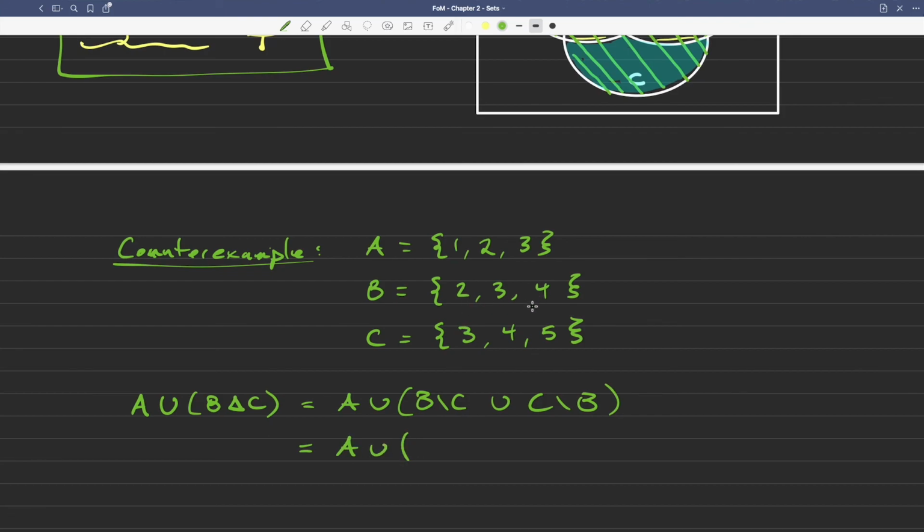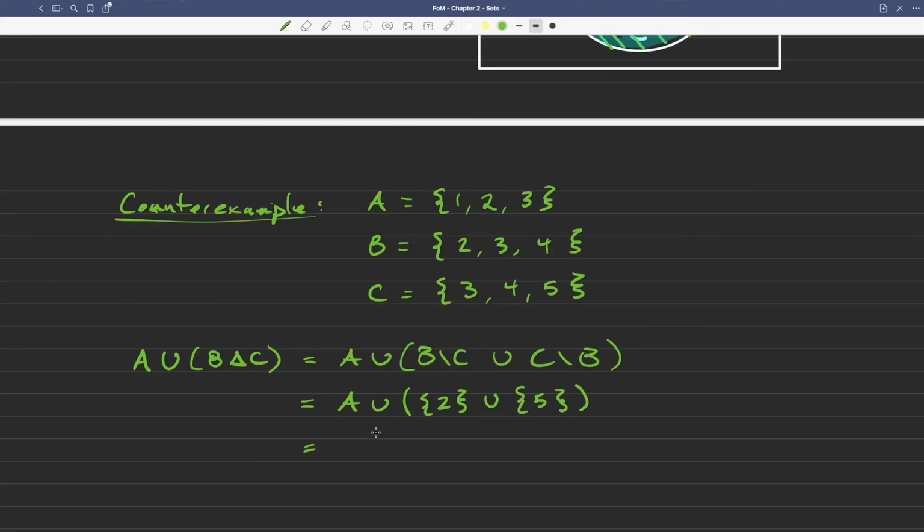So take B and throw out the things that are in C and you're left with 2. And then if you do C minus B, you'd only be left with 5. If you union those three sets, A union with singleton 2, union with singleton 5, you would end up with